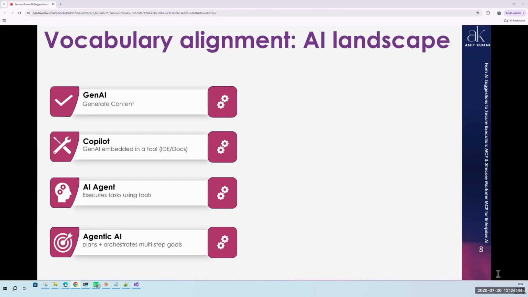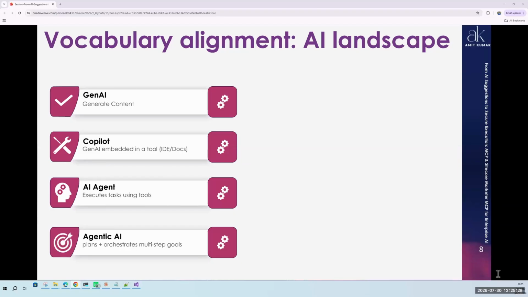Coming to agentic AI, you can think of it as a manager. So agentic AI introduces automation, reasoning, and planning. They will not follow a script. What they generally do is divide the goals into small steps, or you can say small AI agents, and every agent has its own set of instructions which it needs to perform, and they will pass on to the other sub agent if you have built your agent like that. So the agentic AI works as an orchestrator which will give the instructions or divide the task, and the rest of the things will follow based on whatever chain of instruction you have provided to them.